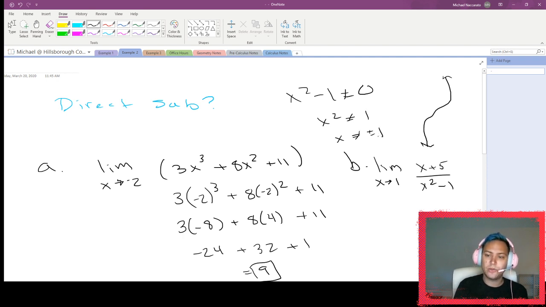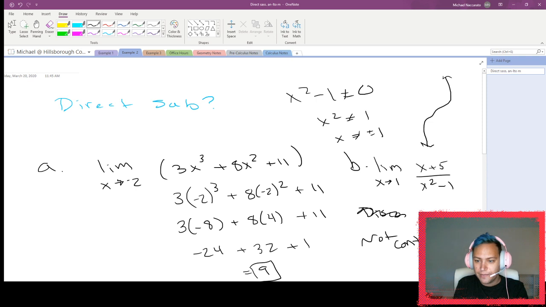If I plug in a positive 1 there, I get 1 minus 1, which is 0. If I plug in a negative 1 there, I get negative 1 squared, which is 1. 1 minus 1 is 0. So those two things cause us to have an issue. It causes our function to be discontinuous. I would rather just say it's not continuous, right? Because this function is not continuous, it's got holes, it's got removable discontinuities, I would say that no, I can't